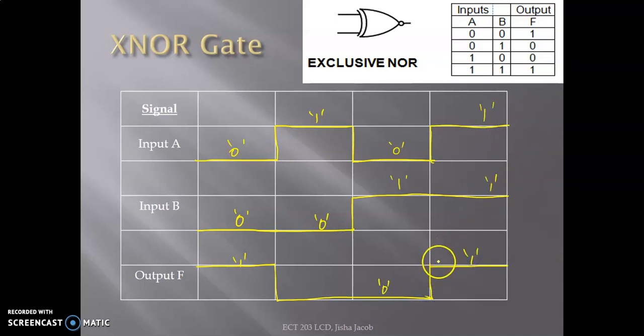So you simply have to draw the timing diagrams looking at the truth table, or if you are really clear with the truth table, you can even draw it without looking at the truth table. So that's how you draw the timing diagram for each of the logic gates. Okay. So I hope the logic gates basics are clear, the symbol, the algebraic expression, the truth table, the timing diagrams, and what function it does.